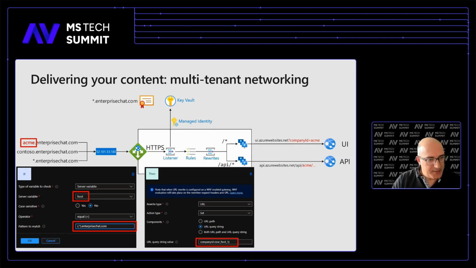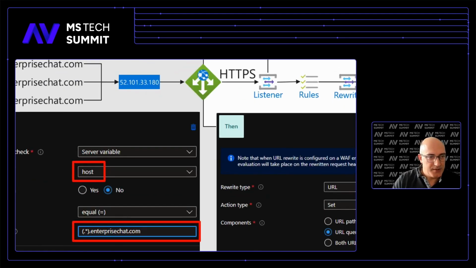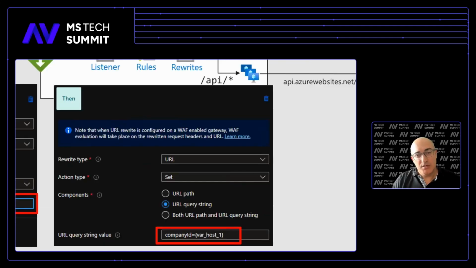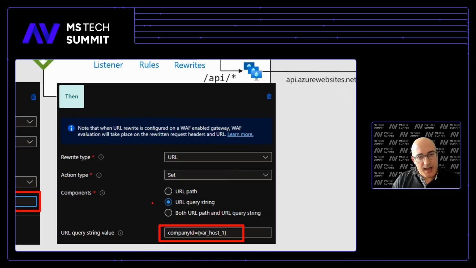So in my case, for example, I created an if condition in which I'm saying, look, if the host equals this .*.enterprisechat.com, which is basically a regular expression, we're capturing all the potential subdomains here. So if that condition is met, then what you need to do is add a query string to the URL,